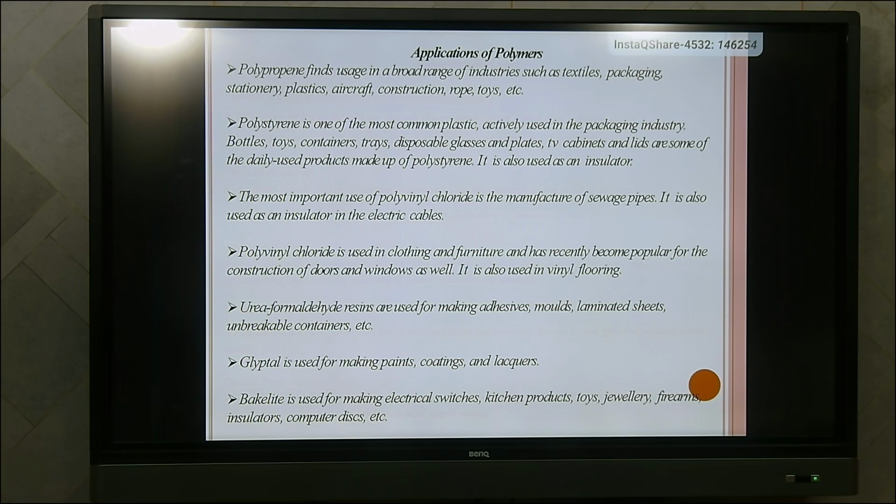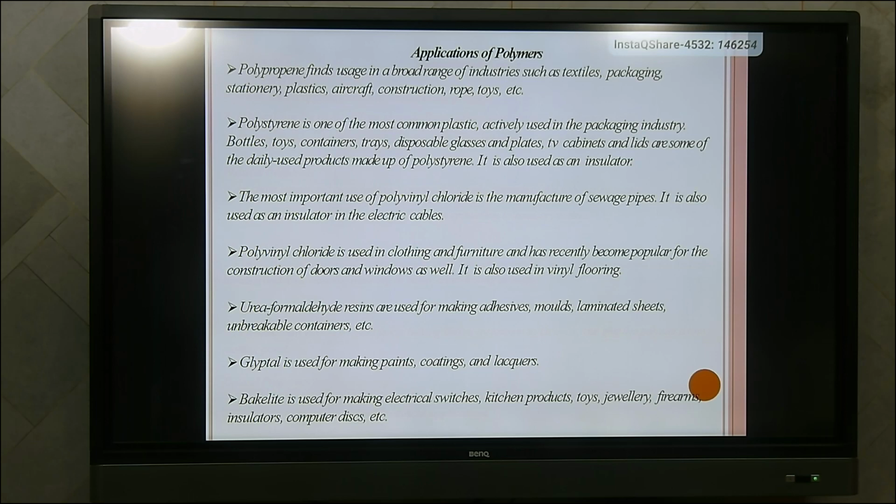Passing on to the applications of polymers, here are a few points about the application of polymers. Besides these points, there are different and various applications of polymers which are being updated day to day. For instance, polypropylene is a polymer used in packaging, aircraft, construction, ropes, toys, etc. The same can be said for polystyrene, which plays a major role in the packaging industry,